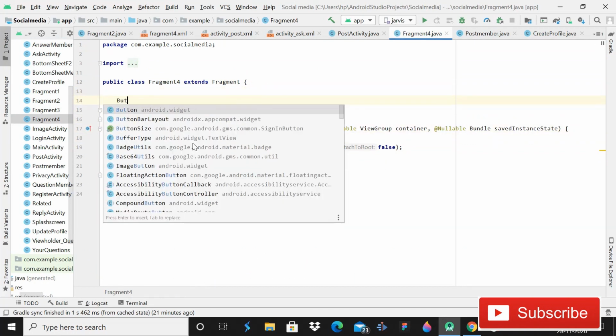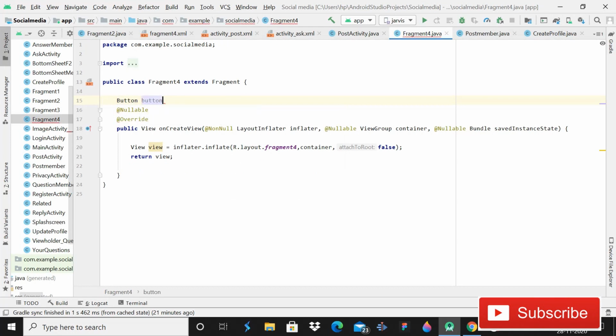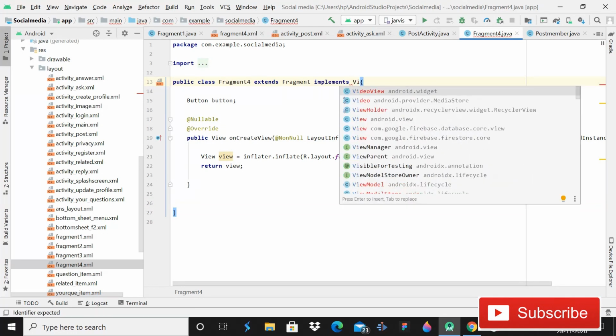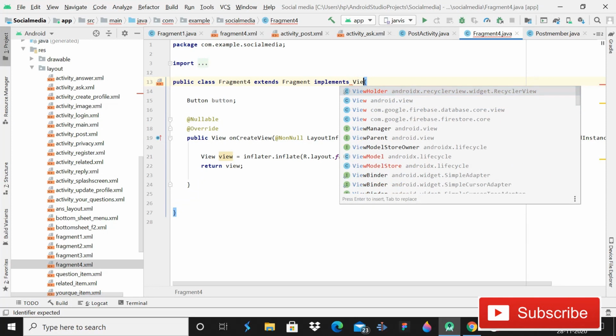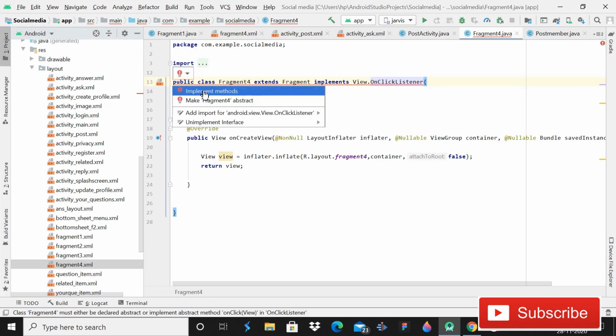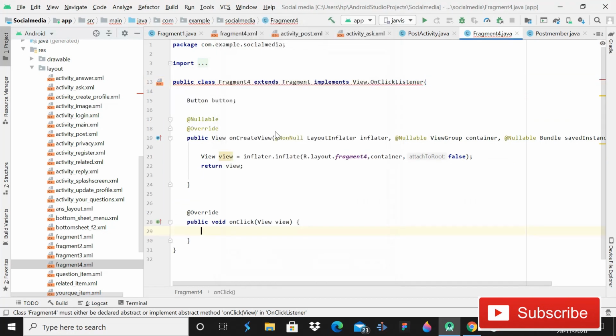So here you have to declare button, that will be button, then for implementing button click, you have to write implements view dot on click listener. Now it is showing error, click on this red bulb, implement method, so we will have this method, enter, understand. And now we have this on view on click.